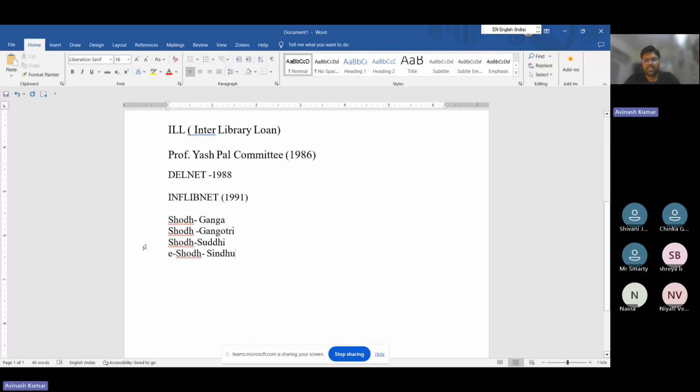इसमें ये सारे सर्विसेज हैं, यू कैन से दैट. शोध गंगा में आप थीसिस देख सकते हैं, जो ऑलरेडी पीएचडी हो चुकी है किसी पर्टिकुलर सब्जेक्ट में. You can visit the website of Shodh Ganga and you can download theses. If you want, suppose you want to enroll in PhD and you have no idea how to start the synopsis and how you can make the synopsis, then you can download from the Shodh Ganga and you can learn from that.